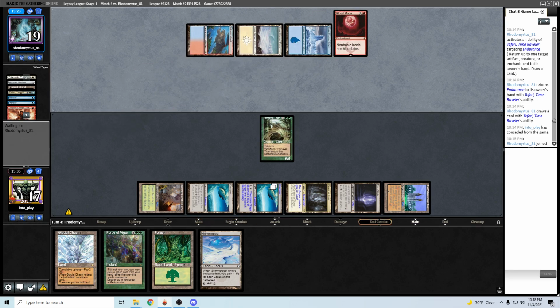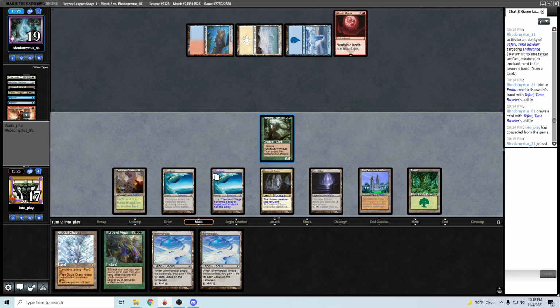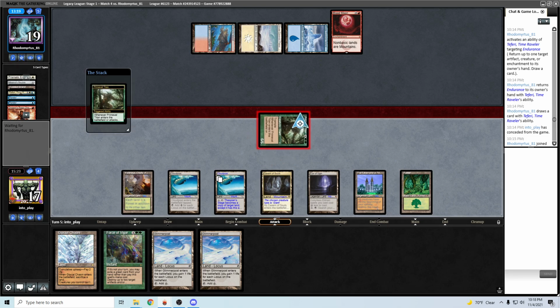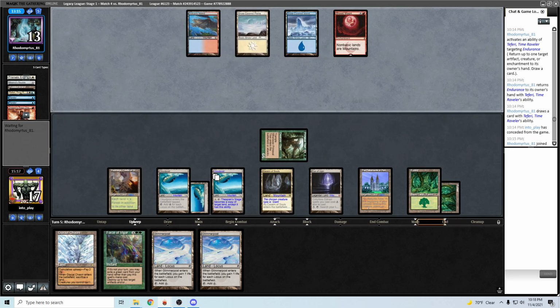Damn. Alright. Well, at least we get to swing with Prime Time. Get another Forest, at least. I think we just get Forest, Cloudpost, and I'll play this other Forest out from hand. And they still have to deal with the Prime Time, so... Forest, Cloudpost. Which I assume they would have an answer for, but...